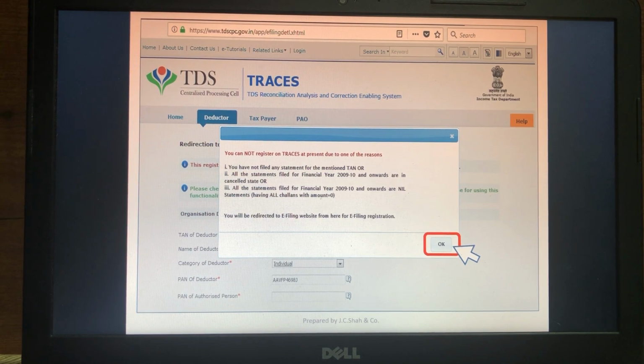I would like to clarify here that there are two types of registrations under the TAN: one on the Income Tax Portal and another on the TRACES website. The first registration is to be done on the Income Tax Portal, and once you file the return and it gets processed by the Income Tax Department, only then can you register on the TRACES website. How to do registration on the TRACES website, I will show in the later part of my videos, so stay tuned for that.